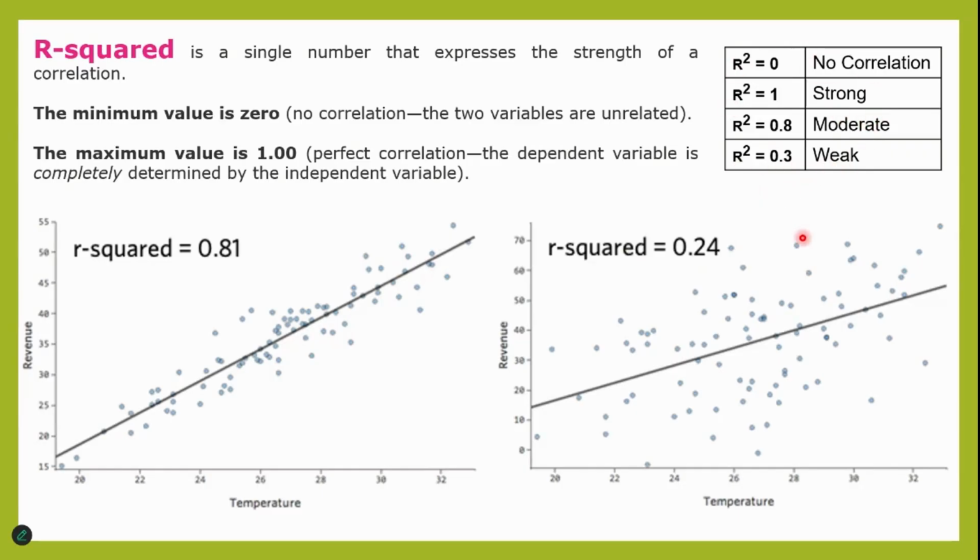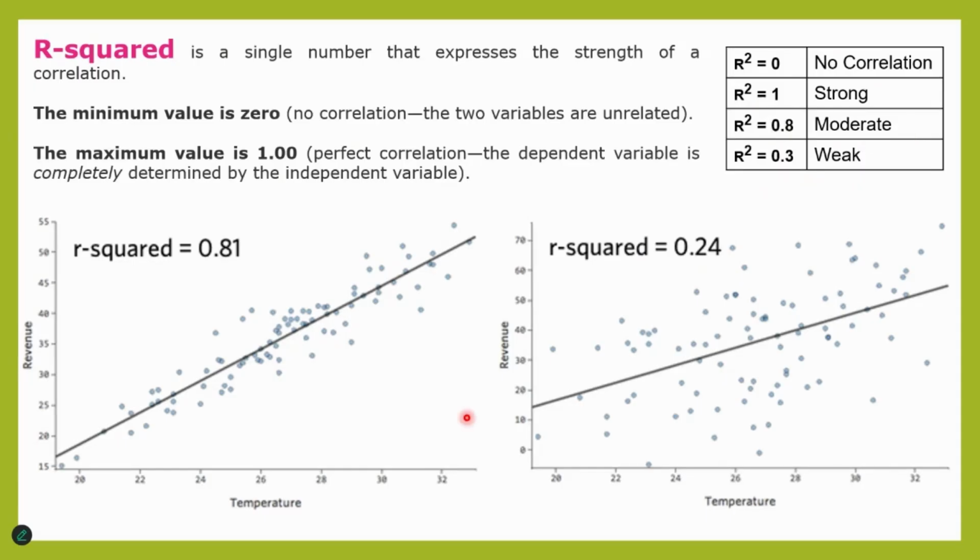We'll work with the Excel sheet, and then just by plotting and then having that R square value, you can immediately tell whether it is strong, moderate, or weak, okay? All right, 0, no correlation, 1, strong, 0.8, moderate, and 0.3 is weak. All right, so